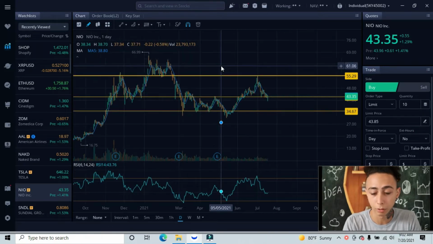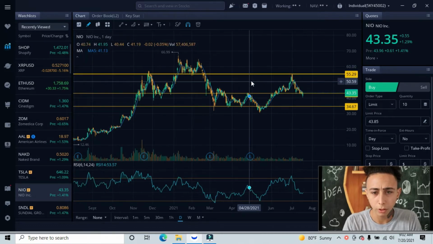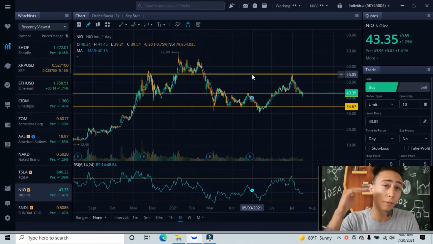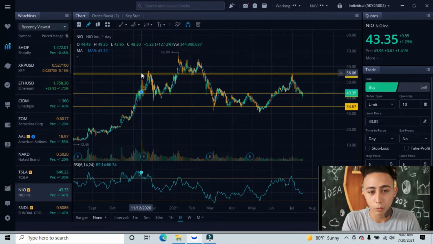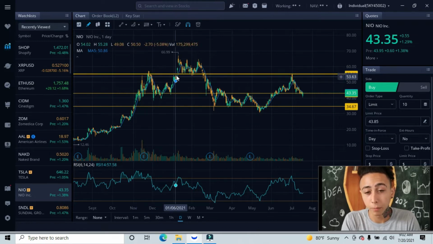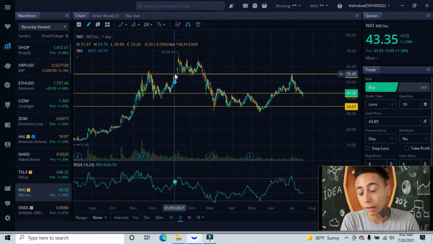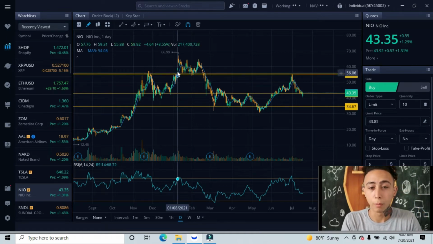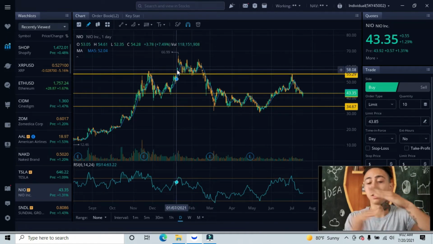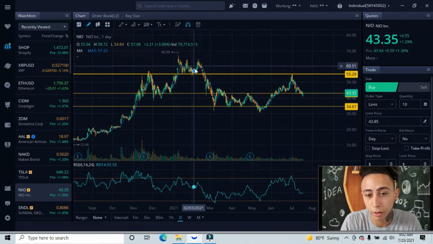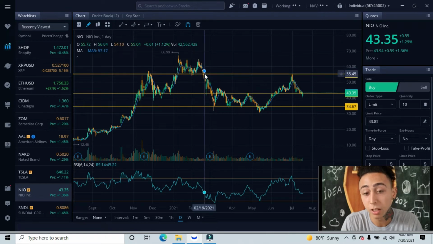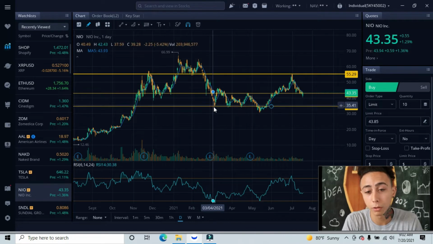So you can see this top line represents our highest level of resistance tested, you guys. We can look left. You can see once we came in this area, we got rejected here. Came up in this area again, rejected here. We tested this area and kind of consolidated under it until we broke above it. And what used to work as resistance will work as support on the opposite side. So you can see we came up, came down, and started bouncing off this area until we came back underneath. Worked as resistance again, and ultimately failed and pushed us all the way down to our lower level of support